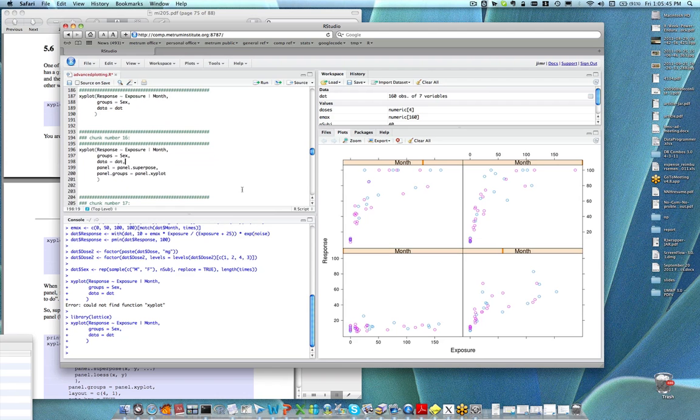But before we get to that, what I want to point out here is that whenever we use a groups variable, if you think back to what I said at some point, I said that the default panel function for xyplot is usually, or I might have said always, panel.xyplot. If I said always, it was a lie, because whenever you have a groups argument,